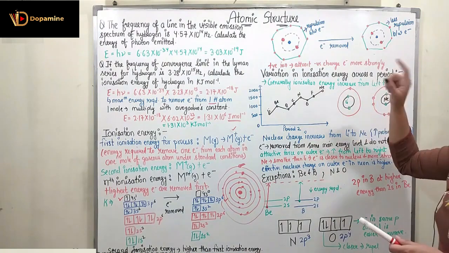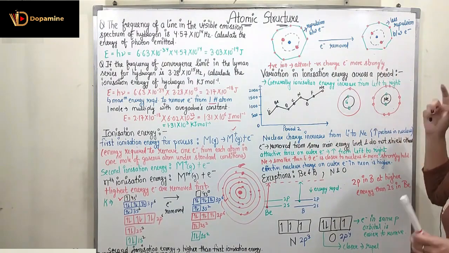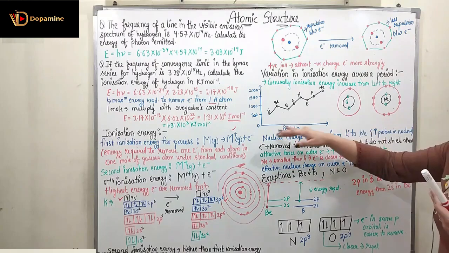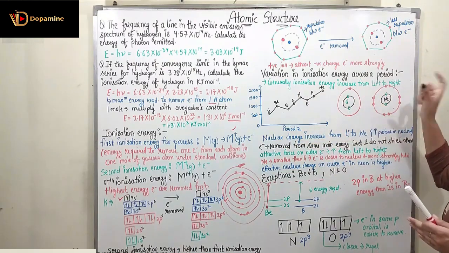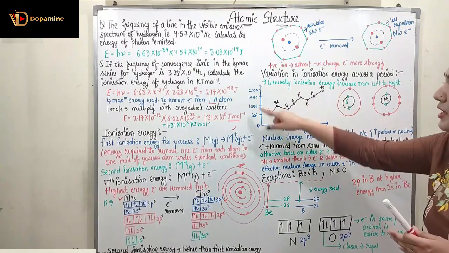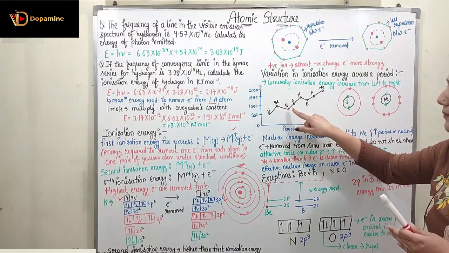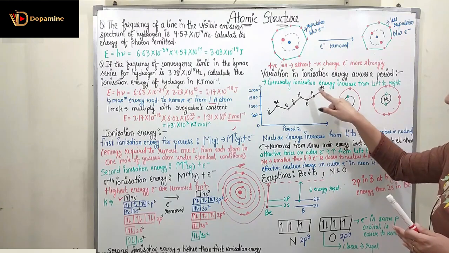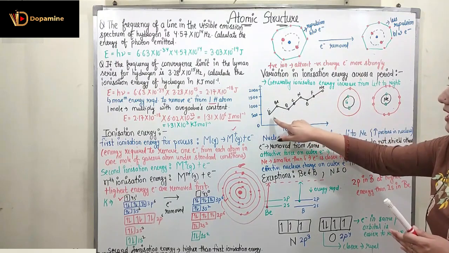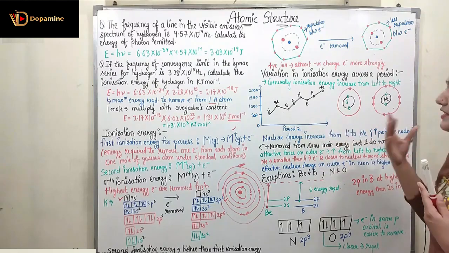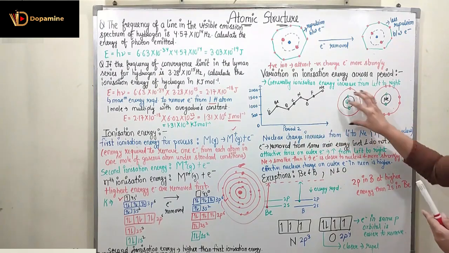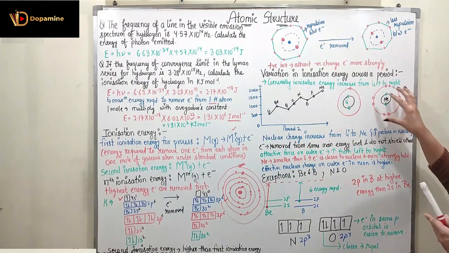Coming to the variation in the ionization energy across a period. So in a period we have the different atoms and how the energy is going to vary. Ionization energy increases from left to right. So you can see the diagram. This is a graph where we have lithium, beryllium, boron, carbon, nitrogen, oxygen, fluorine and neon. So you can see the ionization energy is increasing. We have 2 exceptions. We are going to understand these 2 exceptions as well. So you can see we have the lithium, we have the neon.